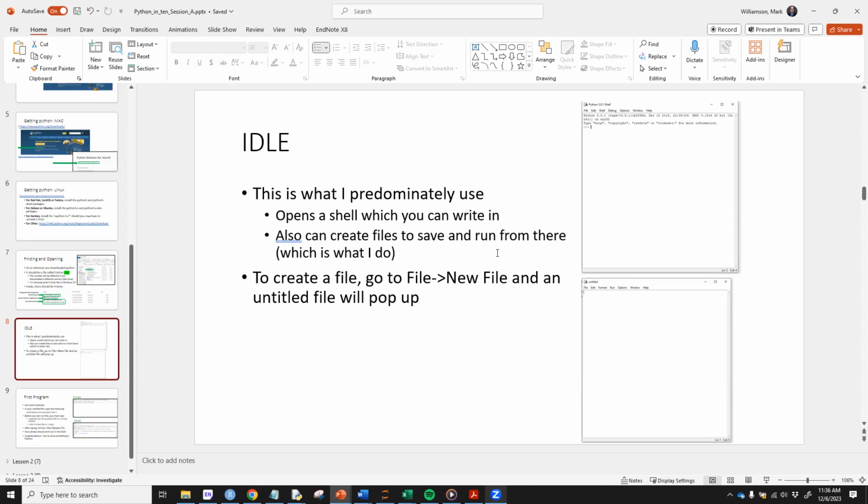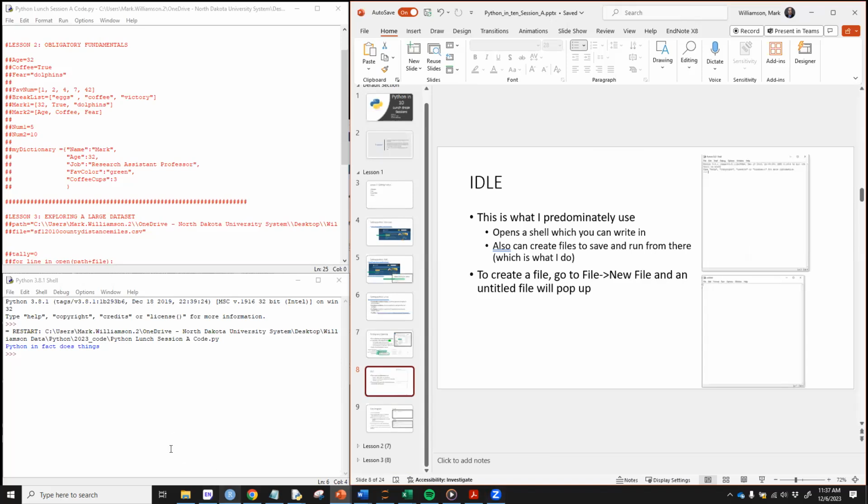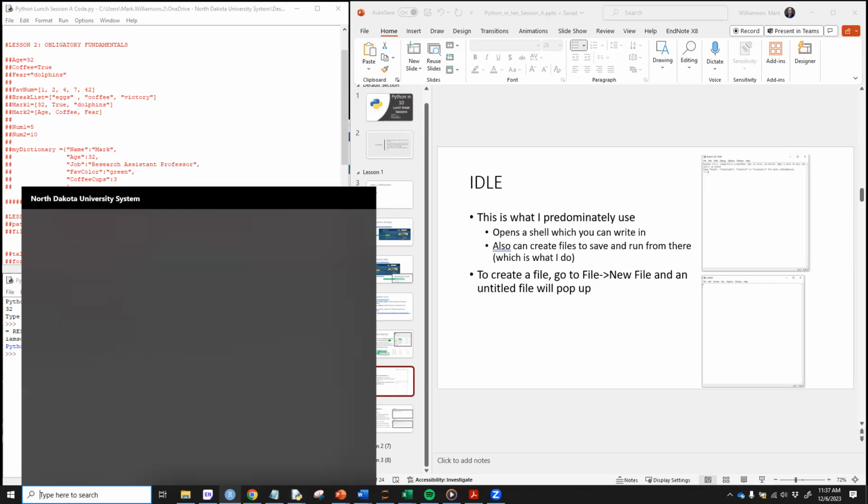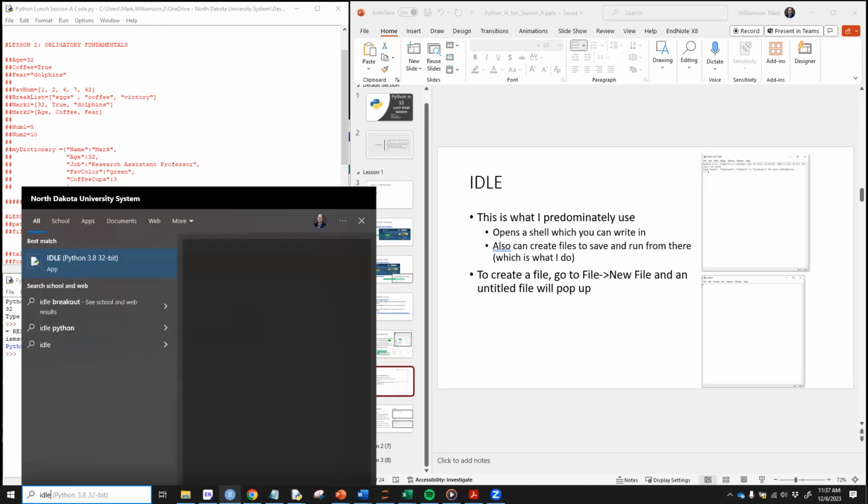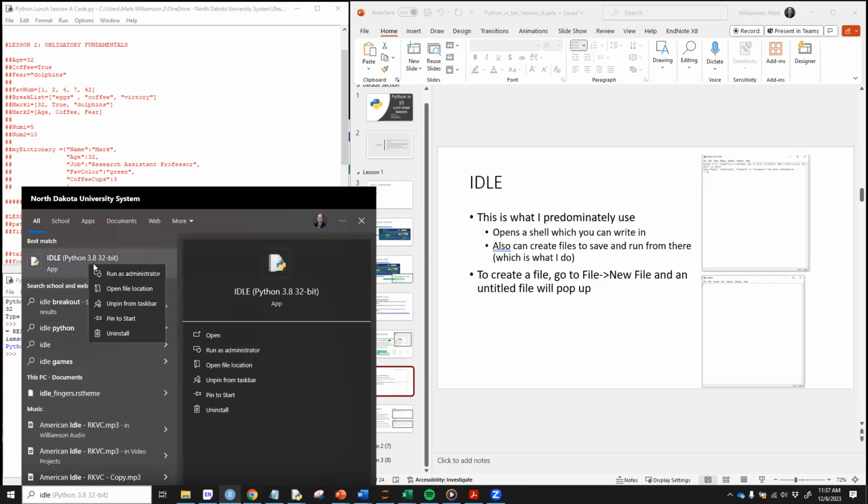So you can run what's called scripts. To create a file, I'm going to show you. I already have my setup here, but this is what the shell looks like. You should be able to type IDLE, and if you want to run that, you can just